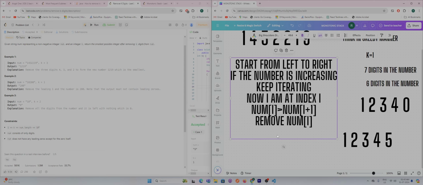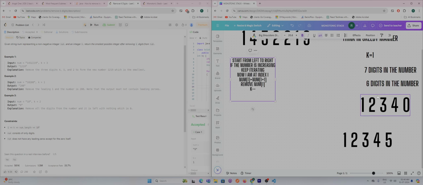Again, this becomes your muscle memory, right? Just stop and think a bit if you're not understanding. So if num I is greater than num I plus 1, remove num I, and then you do a k minus minus. You're removing num I and doing a k minus minus, and now once you're at the end,